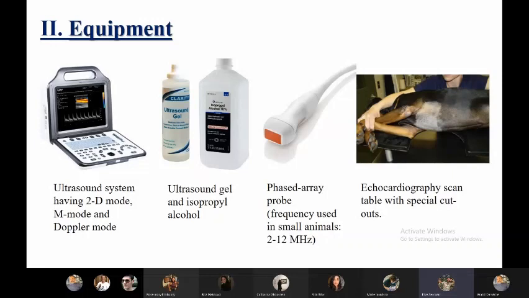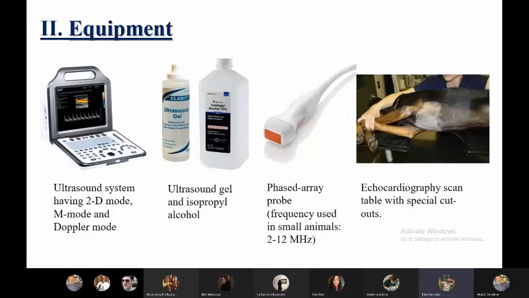This probe is usually used since it is easy to pass between the rib spaces, and it allows a very high frame rate, allowing a proper visualization of the rapidly moving heart. Higher frequency transducers usually have a better image resolution, but they penetrate tissue less. Lower frequency transducers, on the other hand, have greater tissue penetration. Large dog breeds usually require lower frequency since they require more penetration, whereas cats and small dog breeds require higher